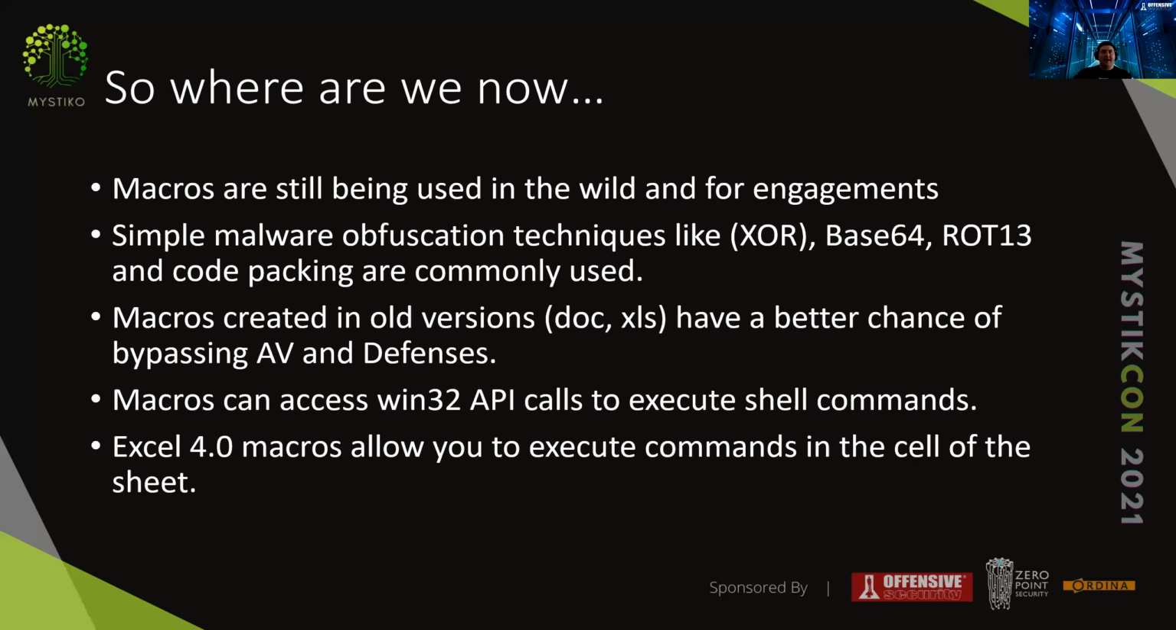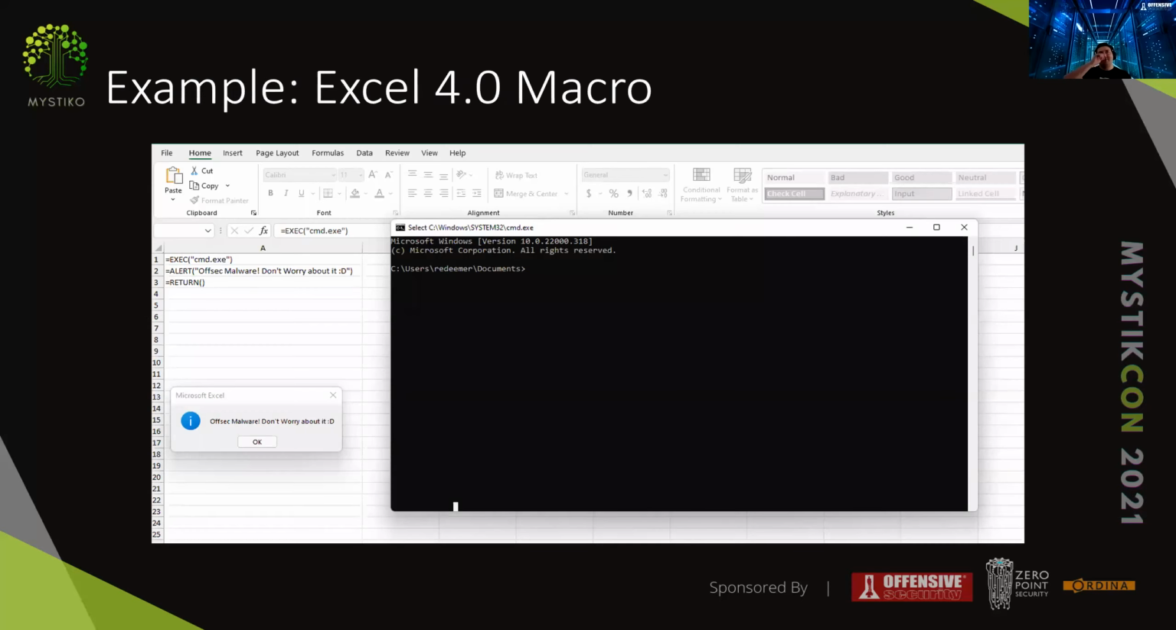So to give you an example of what an XL 4.0 macro looks like, I try to take a simple, basic approach to this. All you do is open up Excel, right? And you go ahead and right click on one of the sheets and you insert. And in the insert, you can actually go ahead and select Macro 4.0 Excel. And then what happens is that